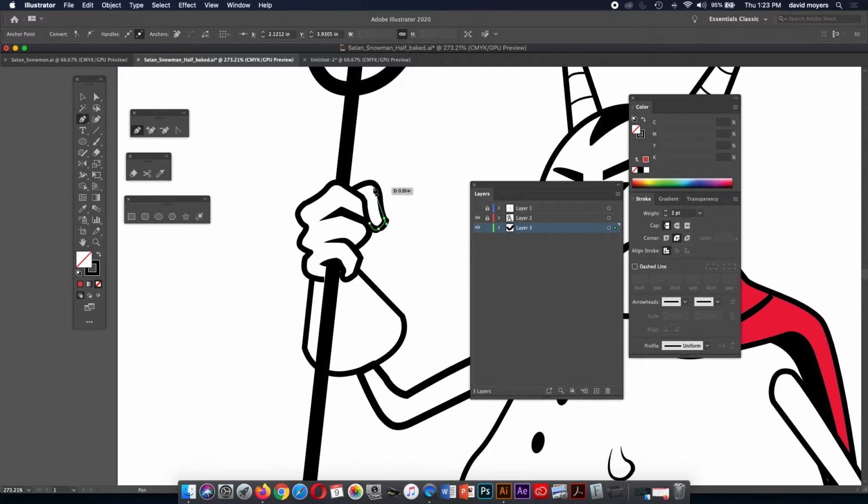Now we're not seeing anything yet. That's because the last thing I selected had a stroke on it with no fill. So I'm going to actually put that in there. I'm going to turn my stroke off because I won't need that stroke. Okay? So now this